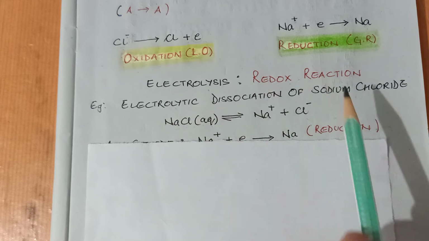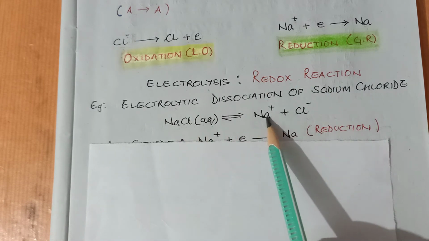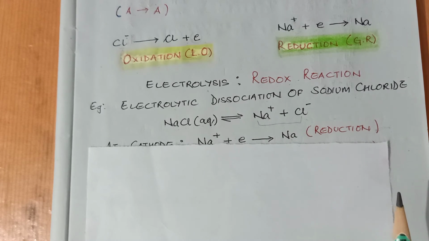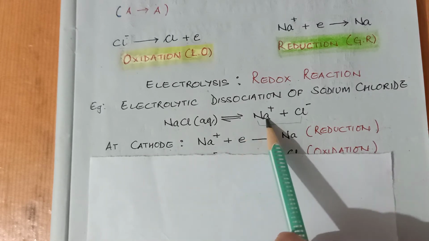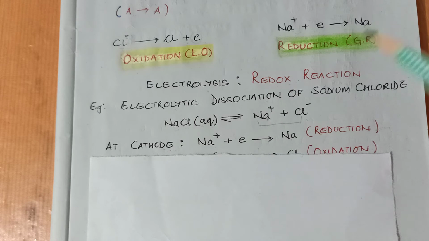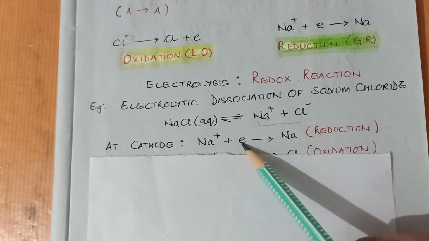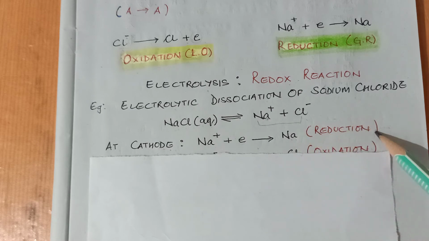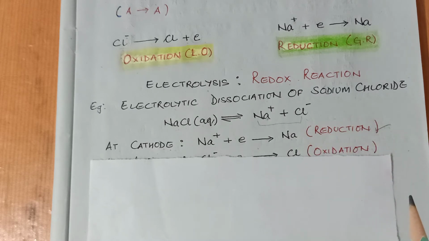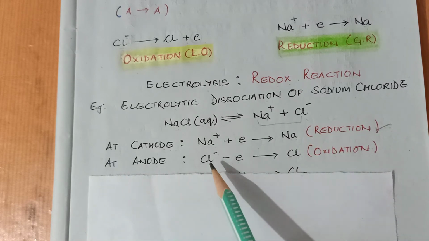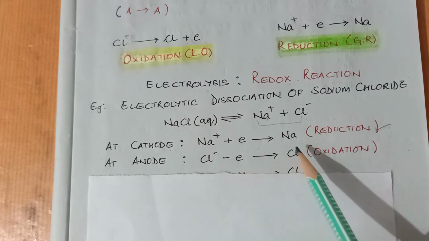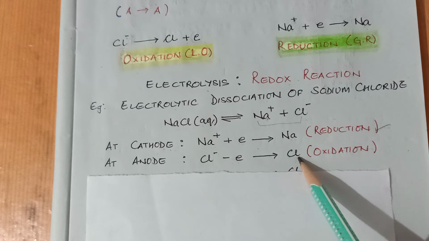Now, when electric current is passed through this solution containing sodium cation and chloride anion, at the cathode, sodium ion moves towards the cathode, gains an electron and converts into a sodium atom, and therefore undergoes a reduction reaction. At the anode, chloride ion moves towards the anode, loses an electron and converts into a neutral chlorine atom, and therefore it